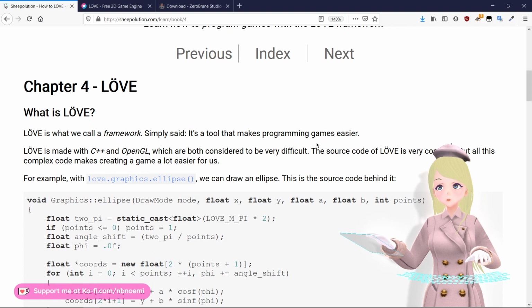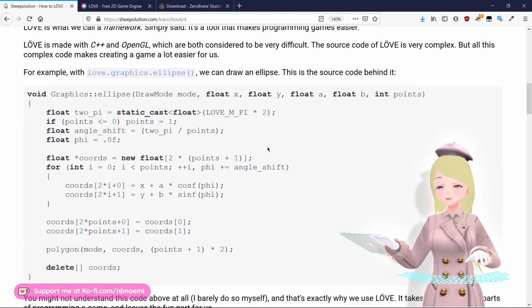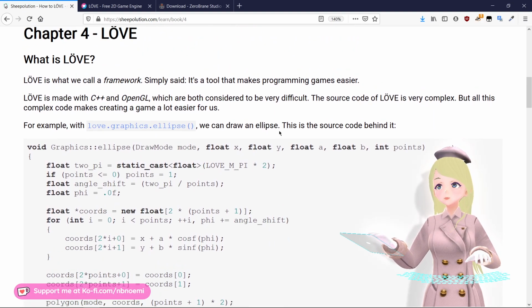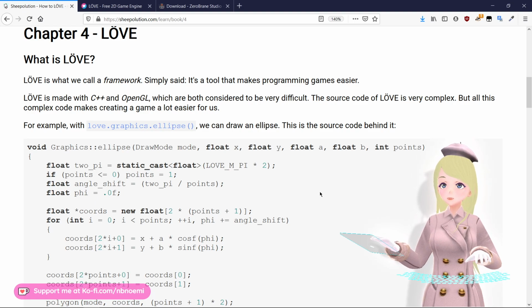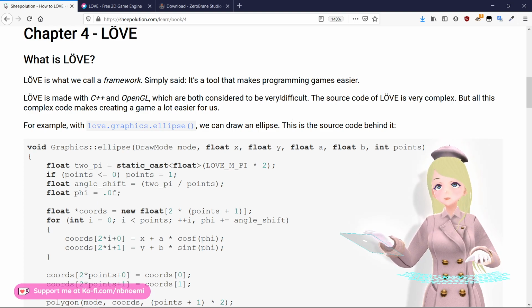So, now we finally get into the meat of things. We'll finally start using LÖVE itself. So, what is LÖVE? LÖVE is what we call a framework. Simply said, it's a tool that makes programming games easier. LÖVE is made with C++ and OpenGL, which are both considered to be very difficult. The source code of LÖVE is very complex, but all this complex code makes creating a game a lot easier